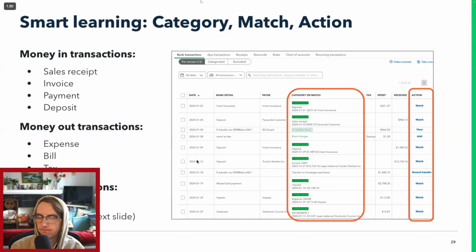On the money out side, same situation. We've got an expense. We know that we've looked at all of that and we're happy to go ahead and match it. When it relates to a bill, such as we have Starbucks Courier at the bottom, it would appear that